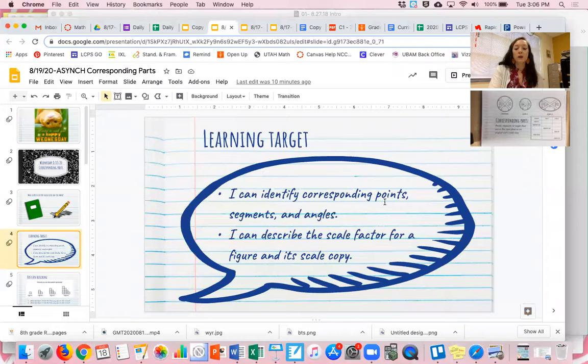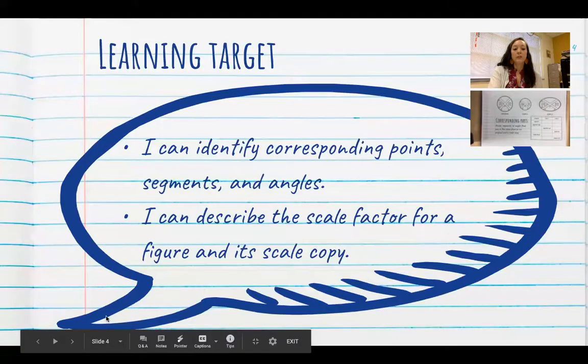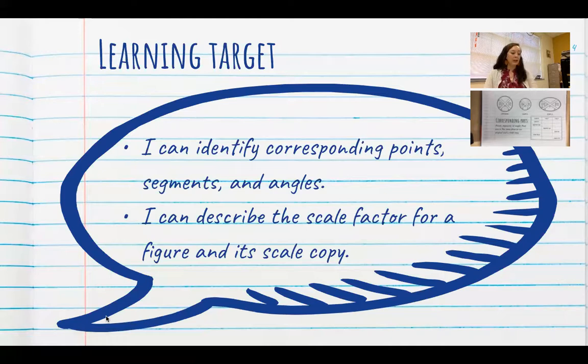All right, so our learning target for today is: I can identify corresponding points, segments, or angles, and I can describe the scale factor for a figure and its scaled copy, okay? So before we do that,